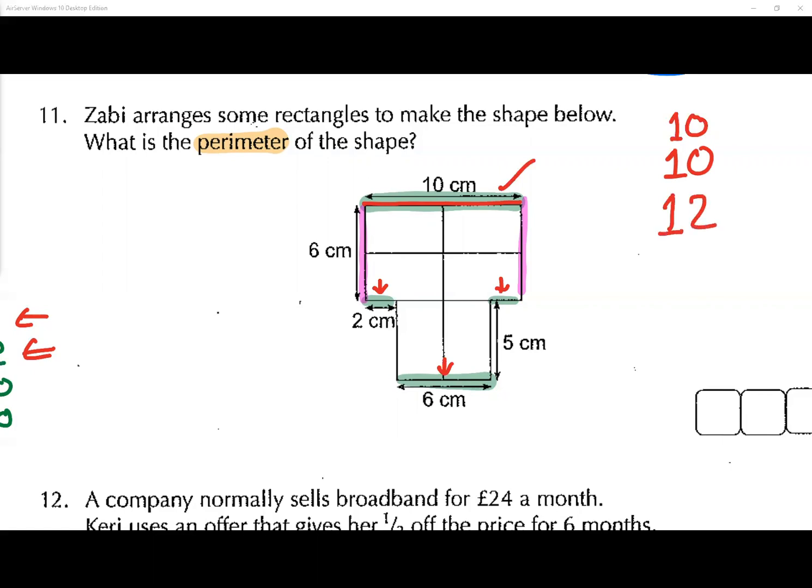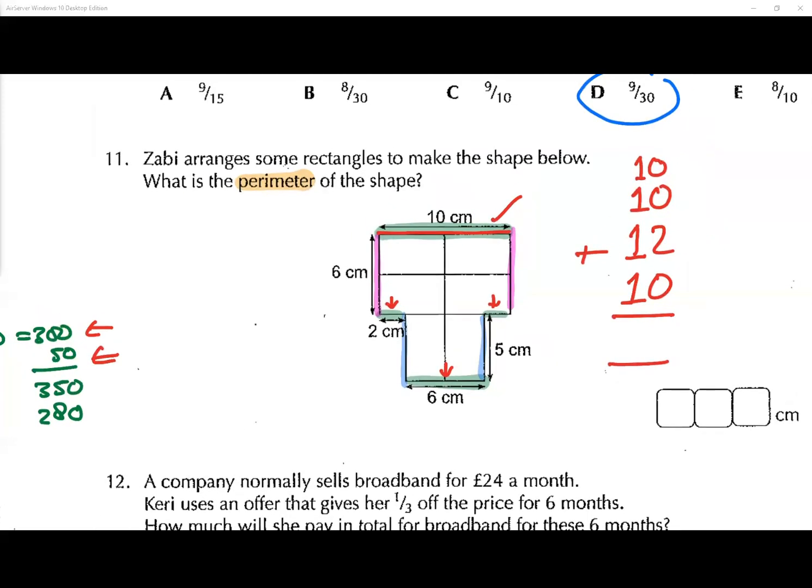Lovely. Okay, let's get another highlighting color. Highlighter. So we have this side and this side. What do they add up to? 10. Okay, that gives you 10. So we're going to add that up. So what's that give us altogether in total? 42. So if you want to work out the perimeter of a shape, question number 11, we're going to go